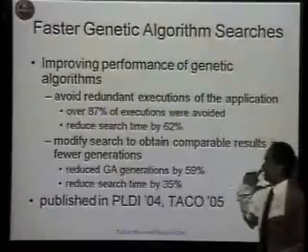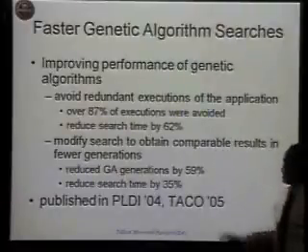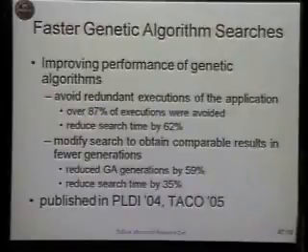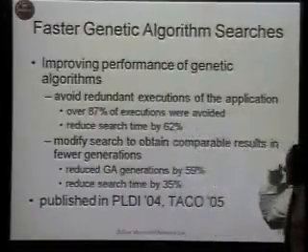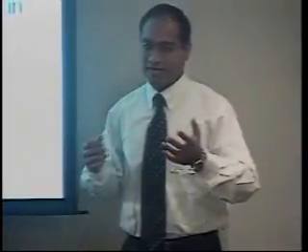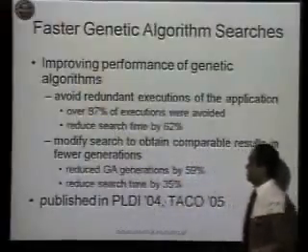At that point, I actually felt that I was going to use genetic algorithms for most of my dissertation, so I wanted to make them fast, just to get my work done quickly. Here, we applied a bunch of techniques, mainly categorized into 2 different categories. The first was to avoid redundant executions of the application, and here we applied a bunch of techniques to find dormant phases, to find identical phases, and some of the things that I described earlier. We found that we can avoid 87% of the executions and reduce the search time by over 62%. So this was one of the inspirations which led to my exhaustive work.